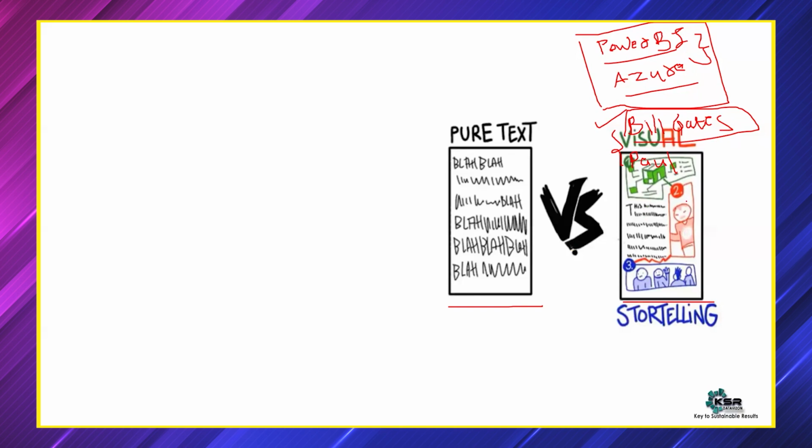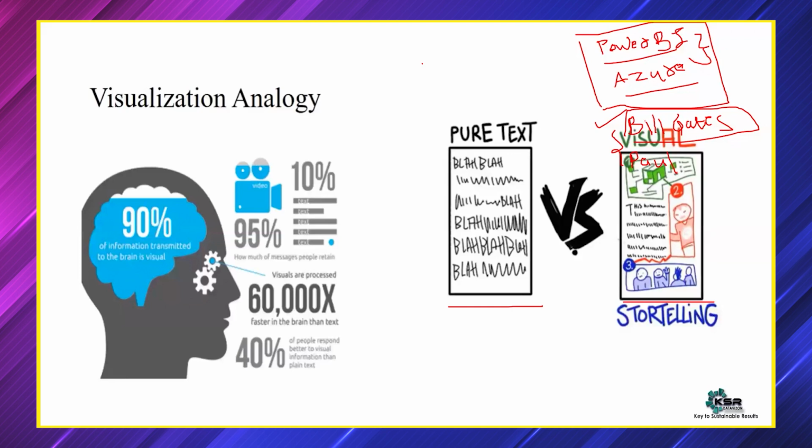Now, that is how a normal human brain works. This is not someone's fault, maybe your own individual fault. No, this is not the case. Our human brain works that way. Wherever you see a pictorial representation, a visualization, our brain tends to focus more there rather than on a normal text. That is the importance of visualization.